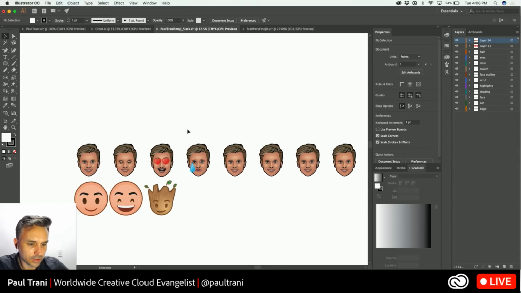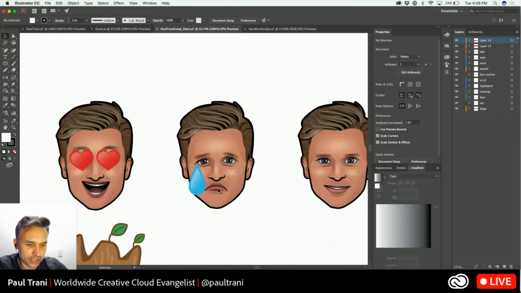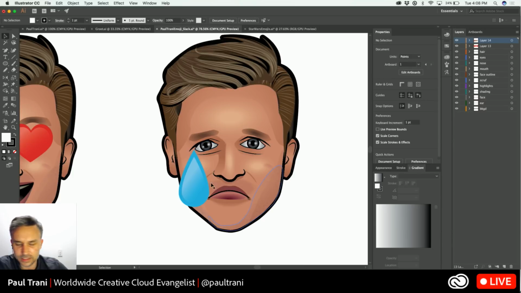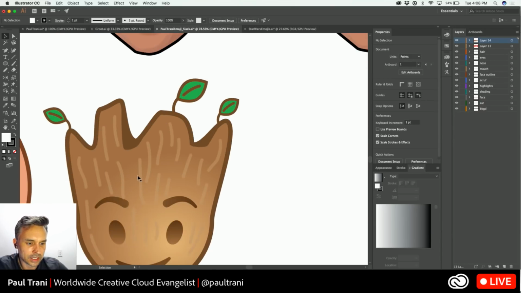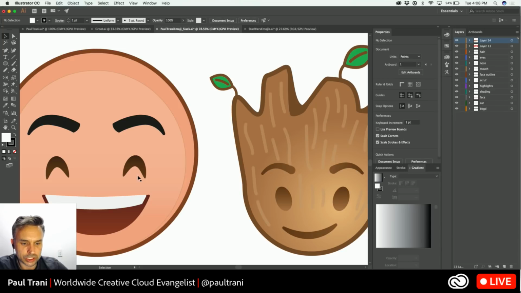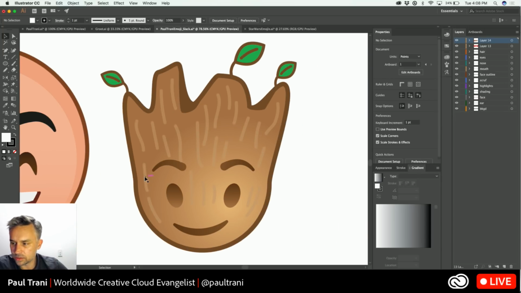Here's all the different, oh, that's sad. I don't want you to be that way. I did not do an angry emoji for me, but this is just kind of funny how I did this and then this. It all starts with that basic emoji shape and then modifying it to make a baby Groot